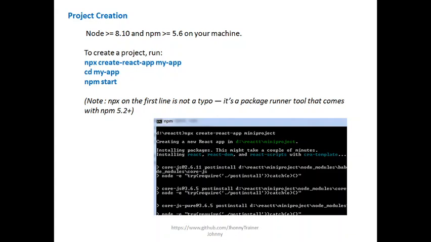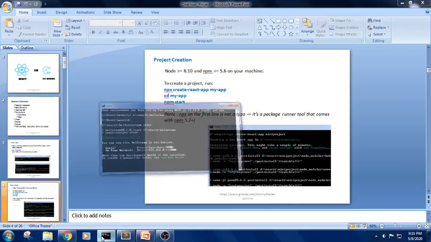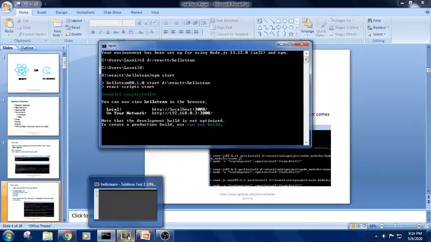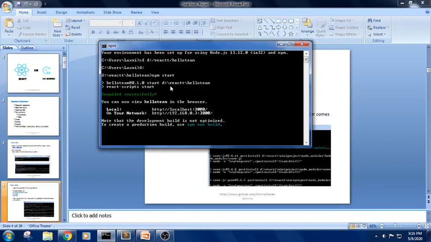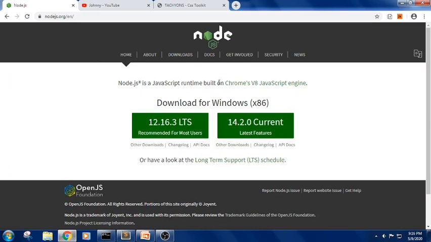So let us look into this using the command prompt. I have opened a command prompt. I have already done a project in the previous session, so I am navigating to the current folder, cd, the folder name react, and the project name is hello team. In this, I navigate to my drive and use npm start. Once it has started successfully, you will get some port number. Using this port number, you can access the web page.